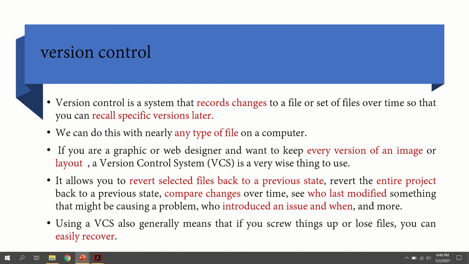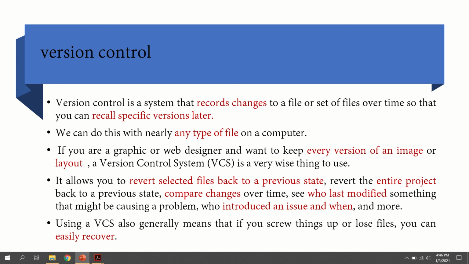Shortly, the version control system is called VCS. You can see here VCS means version control system. And the feature of the version control system is that you can make versions of any type of file. Maybe a JPG file, maybe a .c file, a CPP file, a Word file. So the type of the file doesn't matter, but the idea is the same. The idea is that you can record each and every change that has been done to your file, and whenever you want you can retrieve the appropriate version.